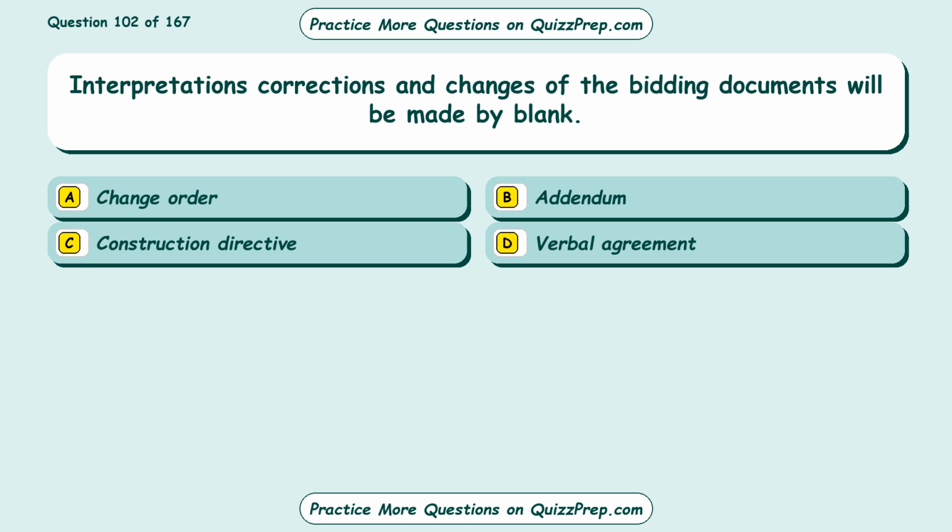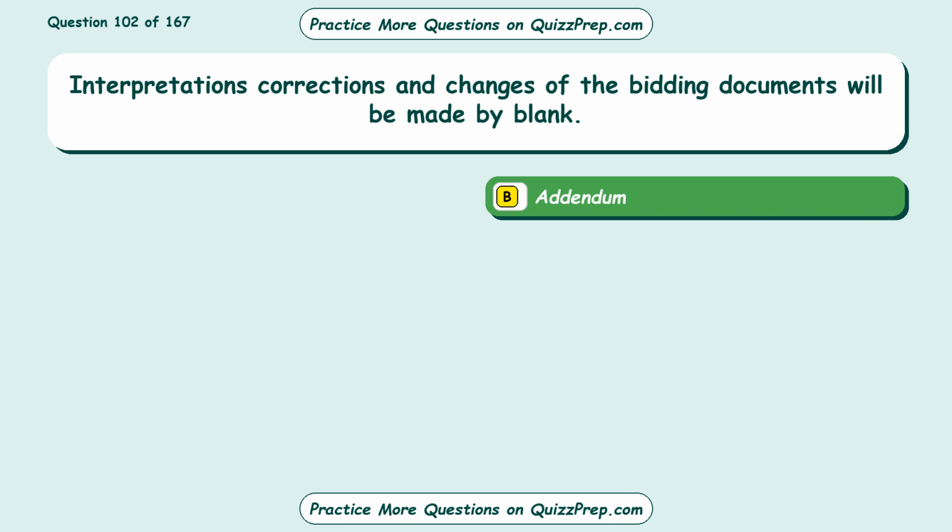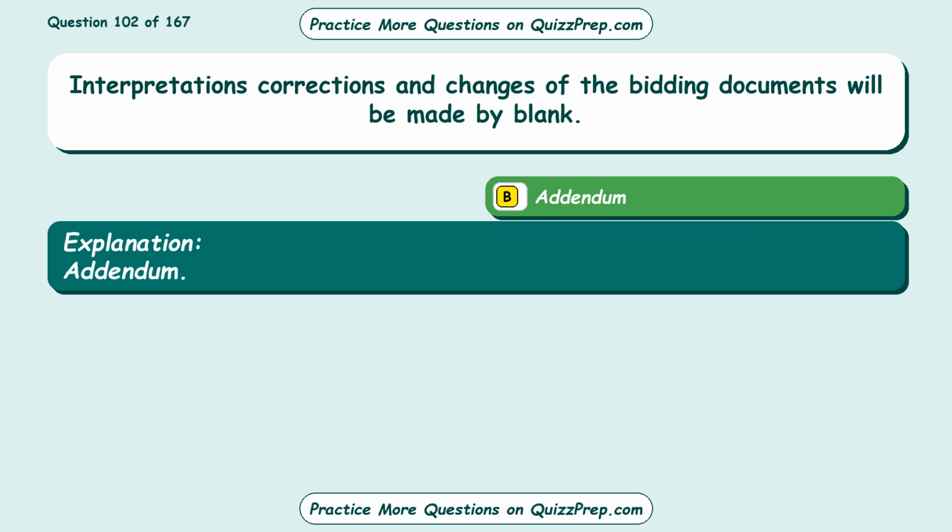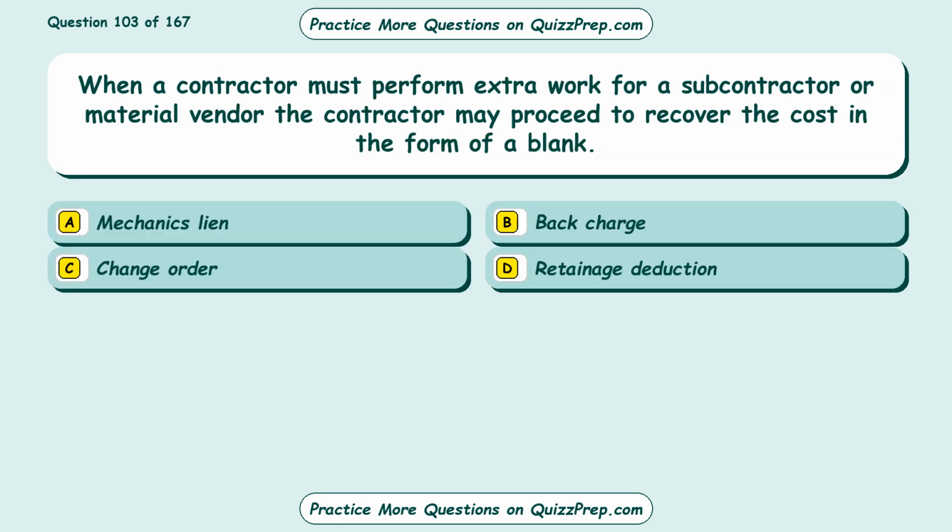Option A, change order. Option B, addendum. Option C, construction directive. Option D, verbal agreement. The correct answer is option B, addendum. Question 103. When a contractor must perform extra work for a subcontractor or material vendor, the contractor may proceed